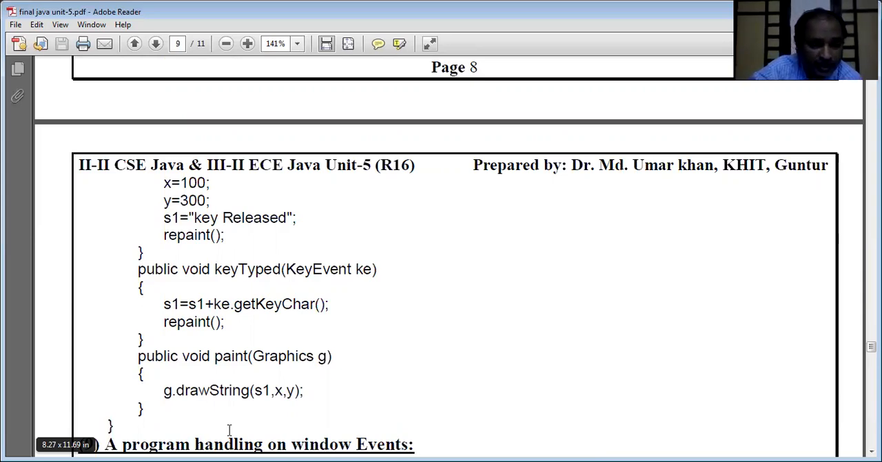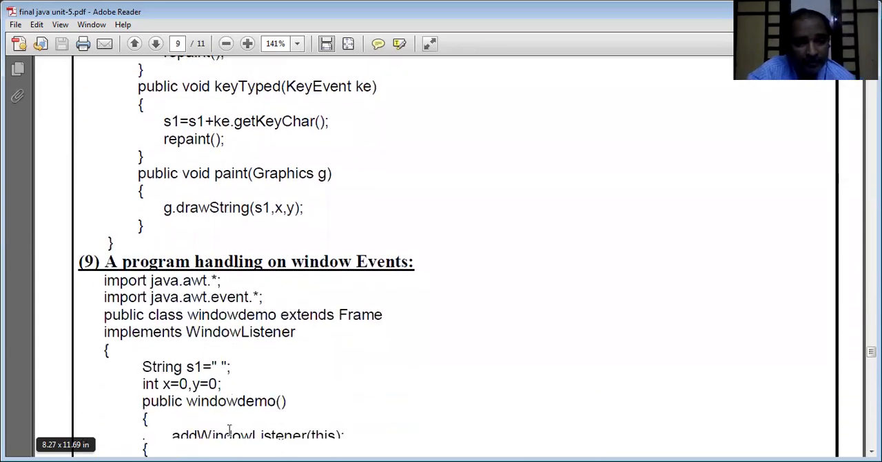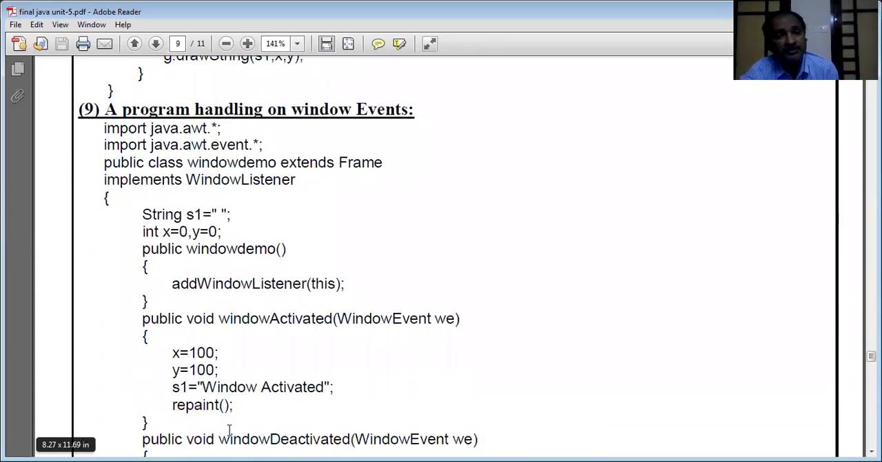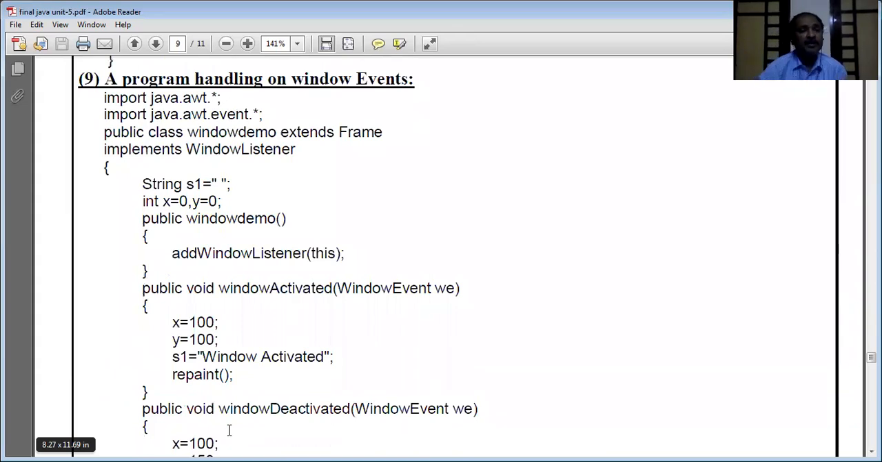You can display g.drawString(s1, x, y). Then a program handling window events. Next one is window events. import java.awt.*; import java.awt.event.*; public class WindowDemo extends Frame implements WindowListener, because this window listener